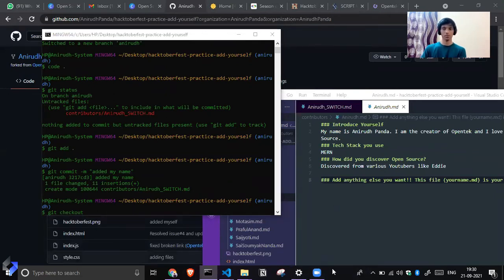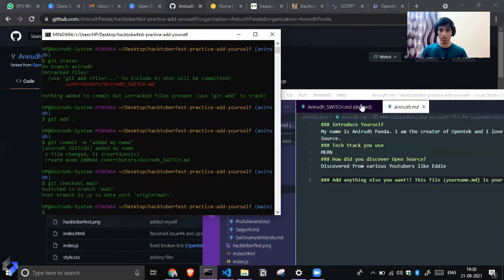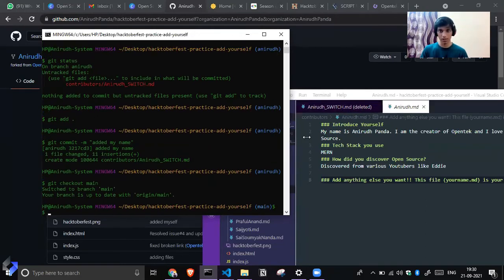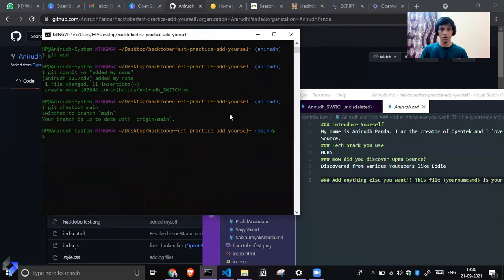One minute, guys. And you can see we are not seeing the file. It is saying that it is deleted. So it means that we do not have this file in the main branch. We have it only in the Anirudh branch.